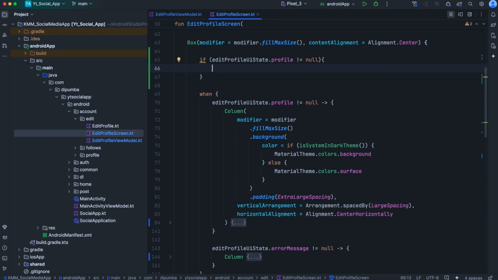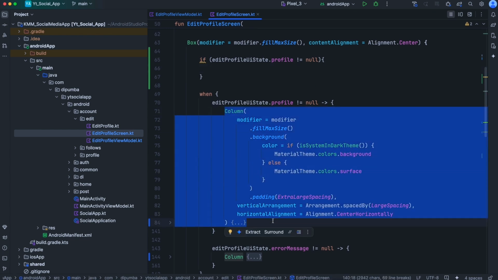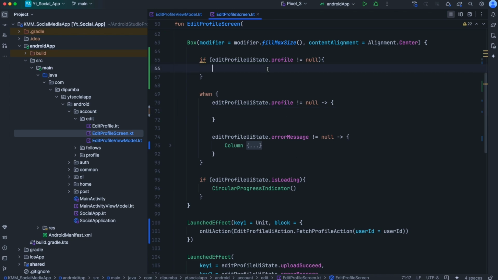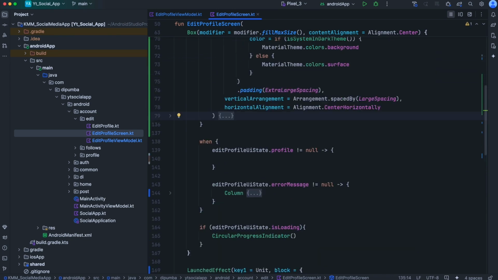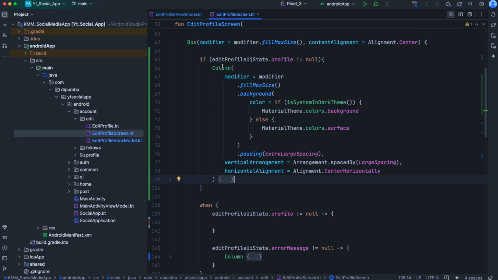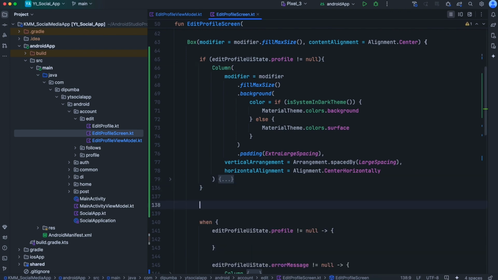Now, if the profile exists, we'll need to cut the content that is inside this column here and paste that here. Oops, what happened? Right? So, okay, let's go back here. Now, below this if profile exists, we are going to check if the edit profile